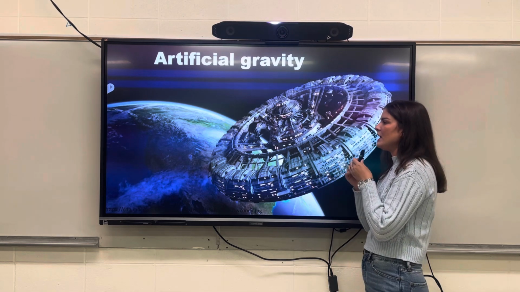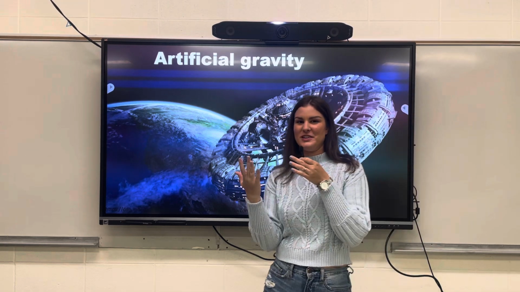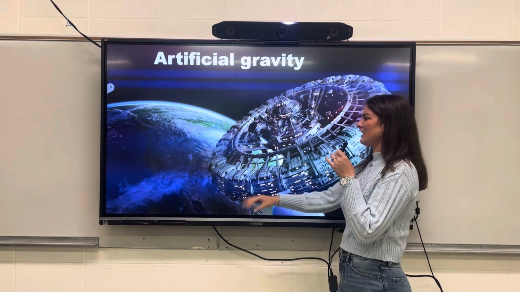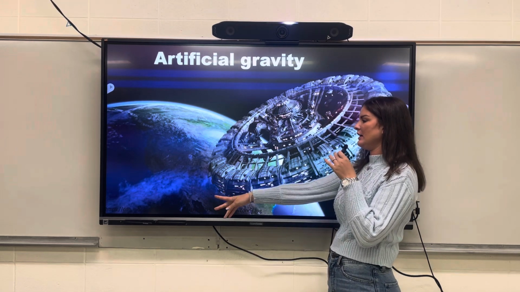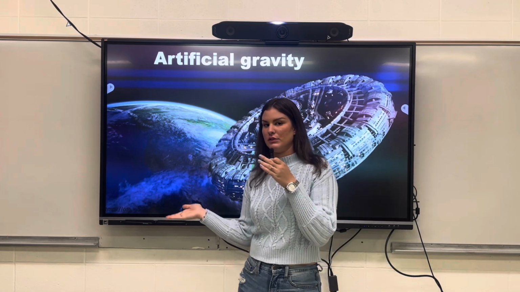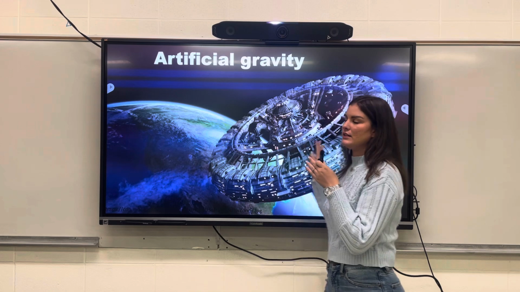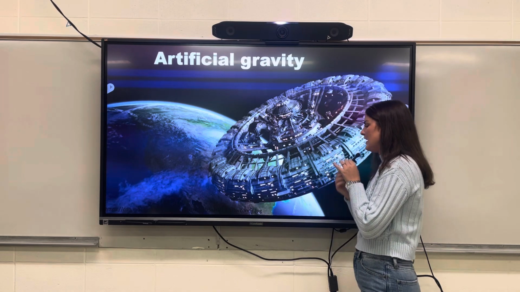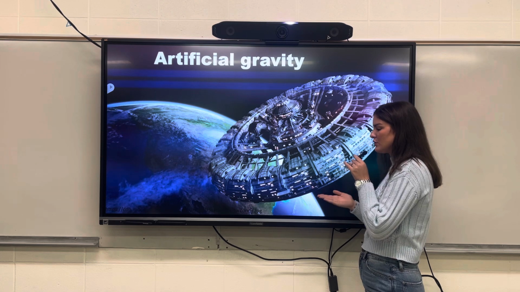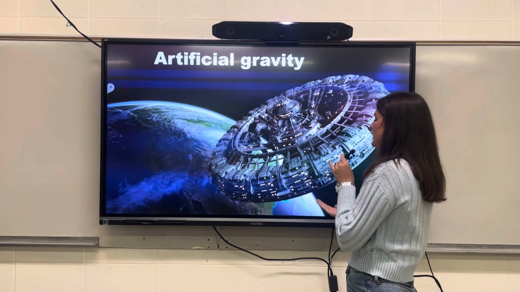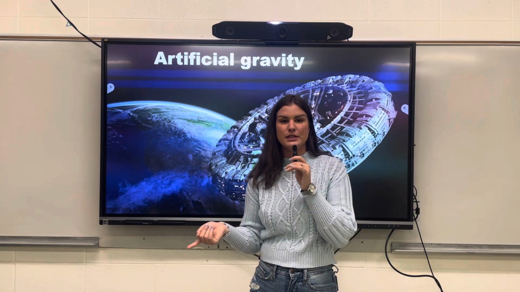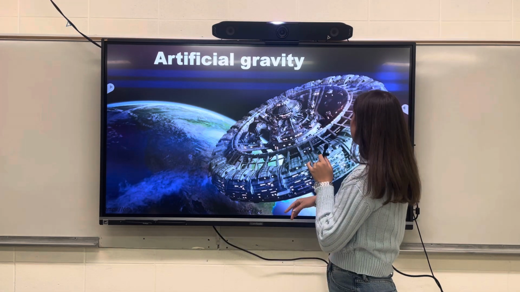We know that in space there is microgravity that is affecting the objects. That's why we know that astronauts are kind of flying, weightless. Because of the great mass of Earth, we know that it's 9.8 gravitational force on Earth, but outside in space it's less. So we are trying to produce artificial gravity, and we are going to do that with the rotational force, specifically